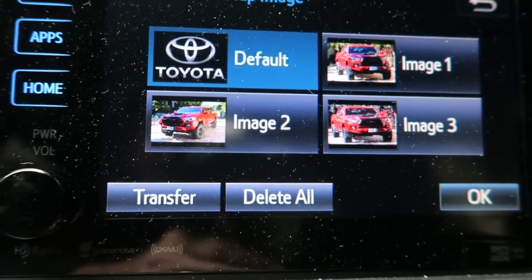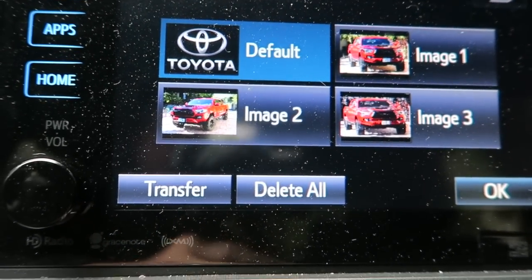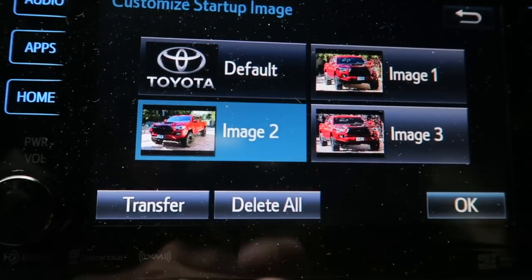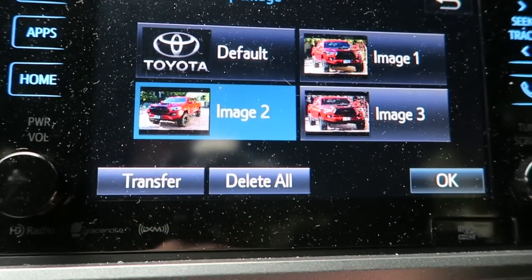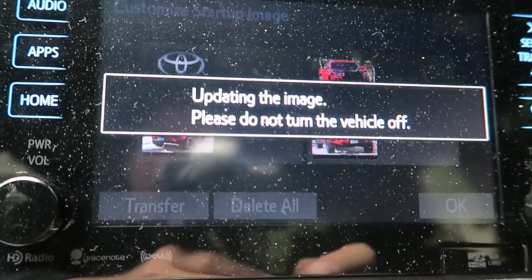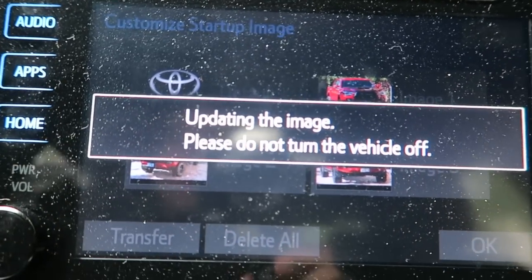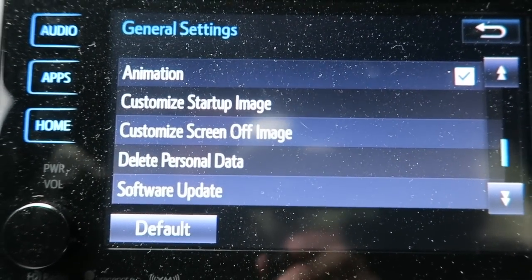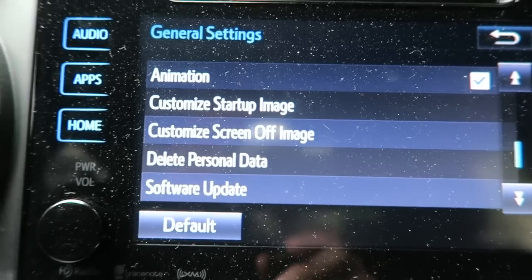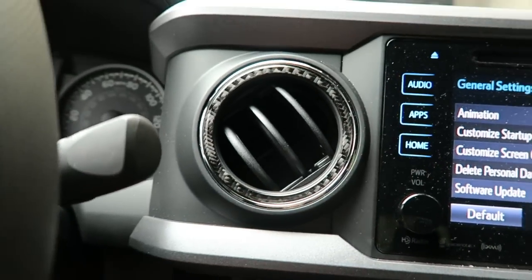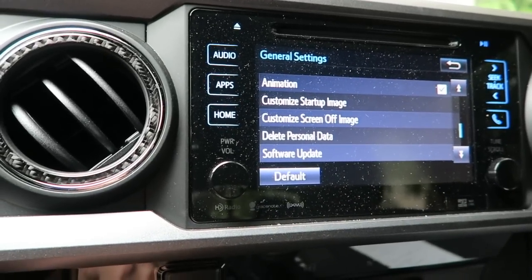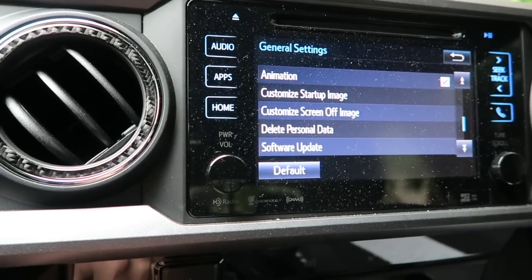So all I have to do then is touch one of those images. I need to pick one. Let's go with image 2, and then click OK, and it's updating the image on the radio, and that's it. It's done. So now to test it out, we're going to go ahead and start the truck. Let's put our foot on the brake and hit that engine start button